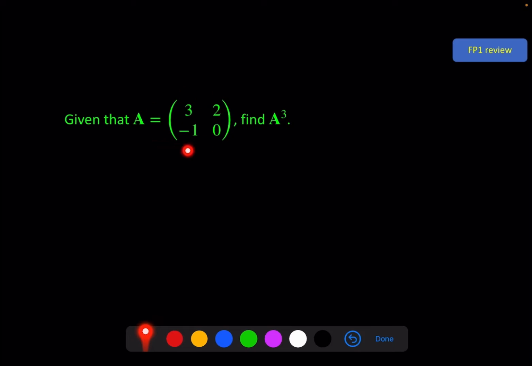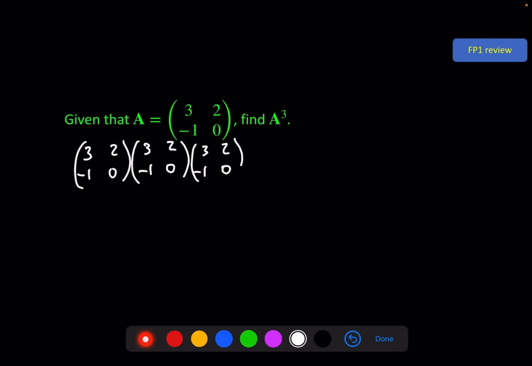Given that A is this 2x2 matrix, find A cubed. To do this we multiply A by itself 3 times, and usually the order of matrices is very important, but because this is the same matrix 3 times, obviously it doesn't make any difference. Now I'm going to do 2 of these first, and once they're in their place it doesn't matter which 2